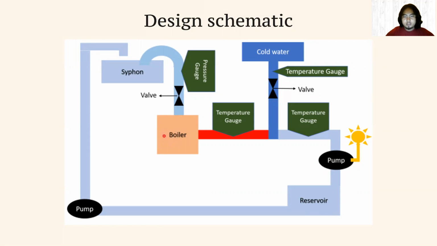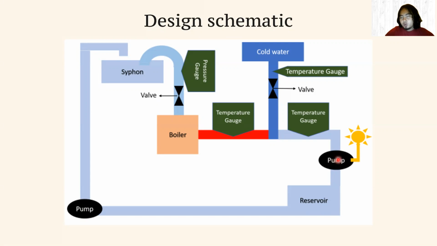If the water is exposed to heat, it will produce steam, and the steam will flow through this pipe here. We'll install a temperature gauge here to measure the temperature of the steam. And then here we will have cold water and also a valve. The cold water and the steam will meet in here,